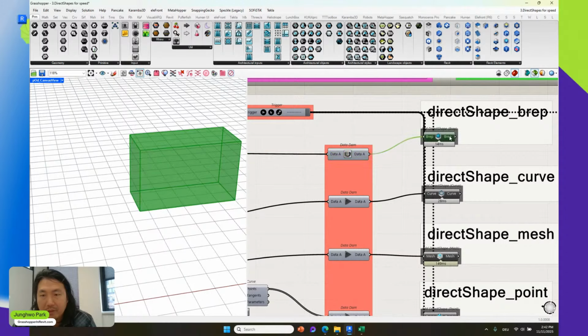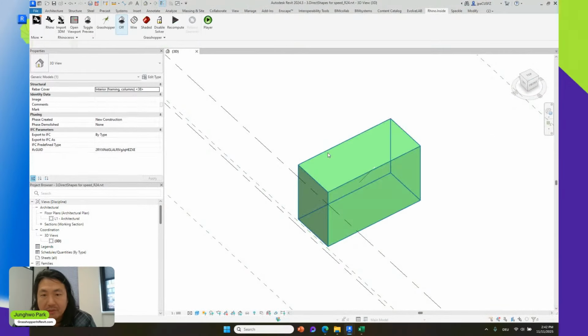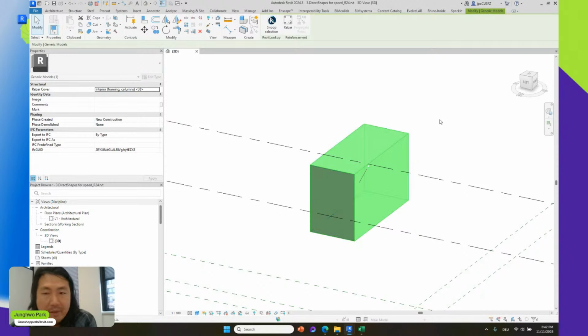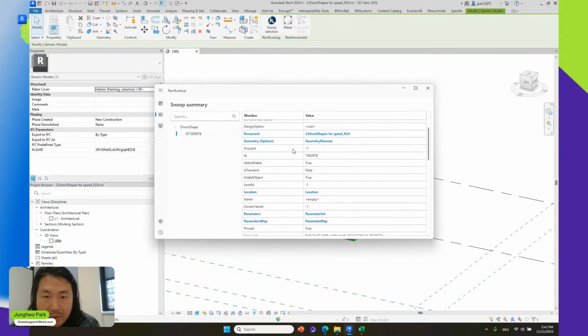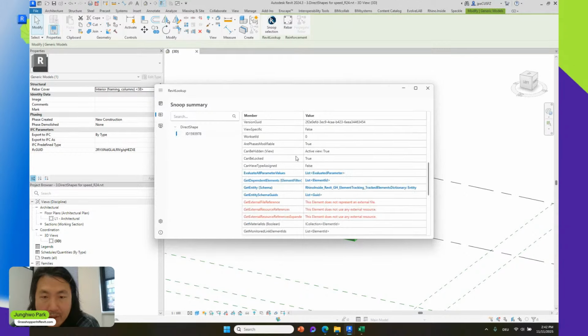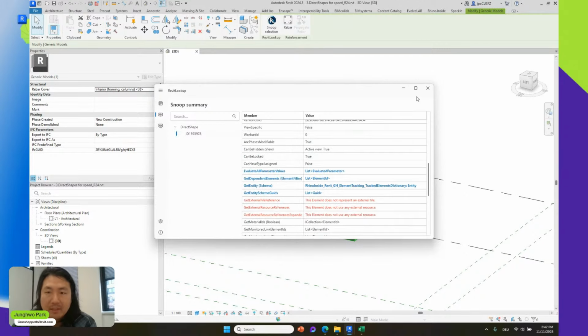So if I do this and I highlight this element in Revit, as you can see, this is a direct shape. By default, direct shape is classified as a generic model. But you can see we can select it, it has an ID, it has Revit built-in parameters. You can also use it, and all kind of Revit behavior is there. But